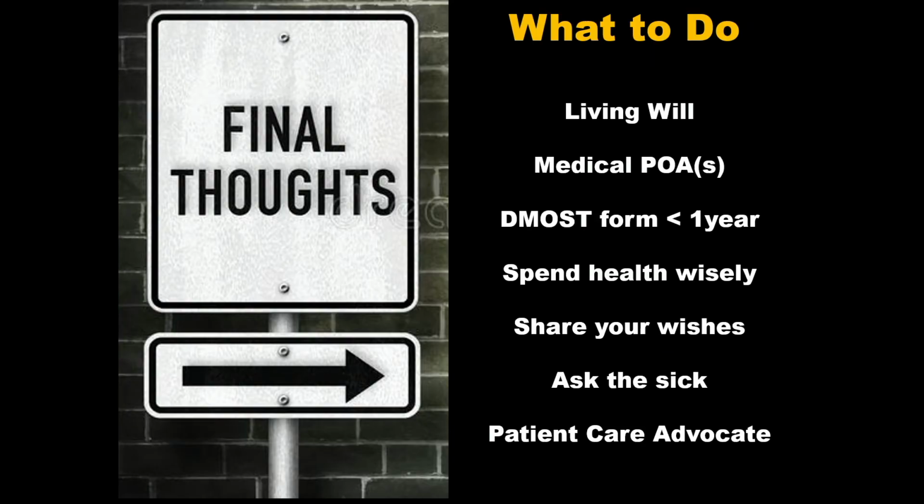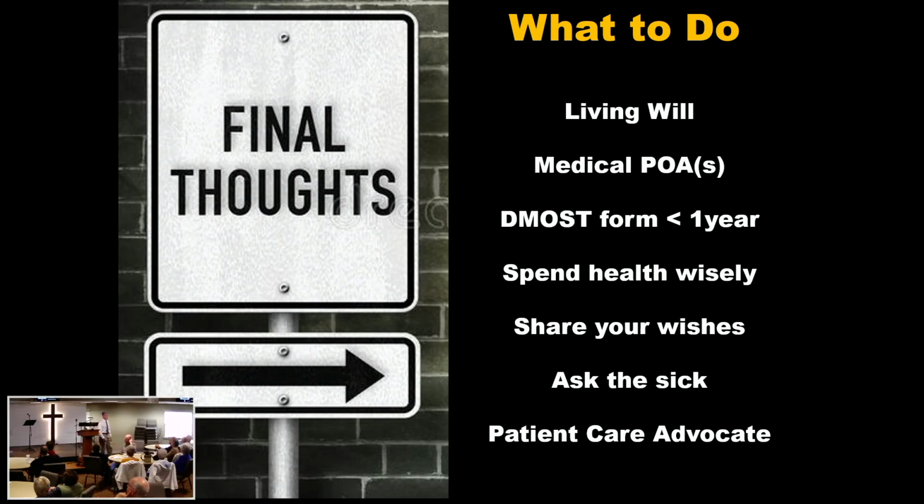So, this says final thoughts, but I actually have two more thoughts after this. But the final thoughts is, everybody our age should have a living will. Except, Dawn's probably the kid in the room. She could argue, but you should. And don't appoint one medical POA. Appoint a couple. You can grade them. And don't appoint somebody who's older than you. Most of all, appoint somebody who thinks like you do.